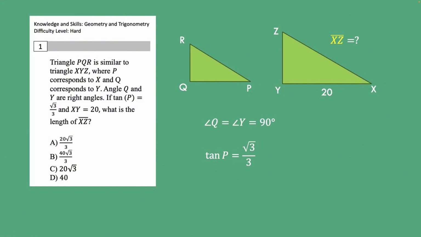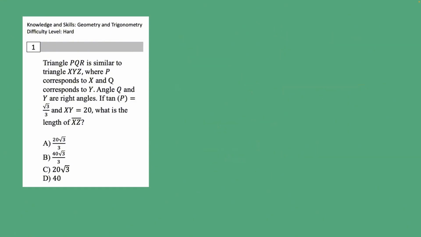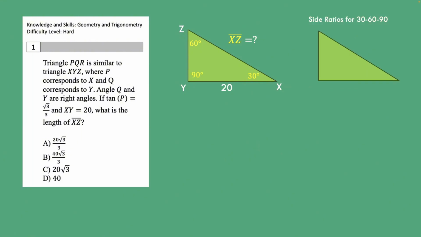First, tangent P equals square root 3 over 3 matches tangent 30 degrees, so angle P equals 30 degrees. Because P corresponds to X, angle X also equals 30 degrees. With the right angle at Y, triangle XYZ is a 30-60-90 triangle. We recall the side ratio for a 30-60-90: the side opposite 30 degrees is k, the side opposite 60 degrees is k square root 3,